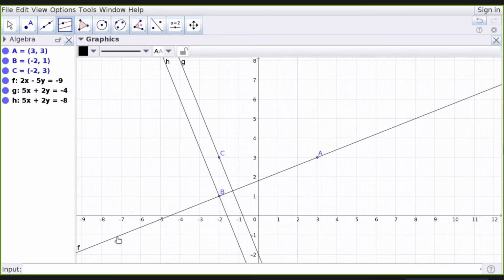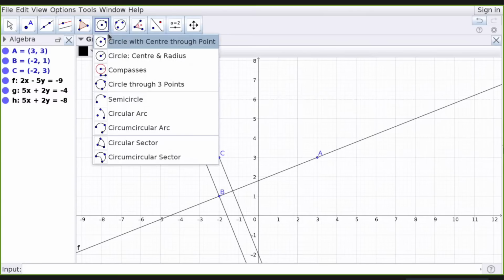Okay. So if you want to draw a circle, you know that a circle can be defined in different ways. Actually, one method is a circle with center and radius. With a center and a point on the circle, you will also be defining the radius. So in that method also you can draw the circle, or you know that through 3 non-collinear points, there is only one unique circle. So through 3 points also you can draw it.